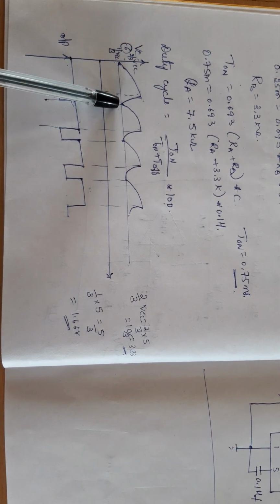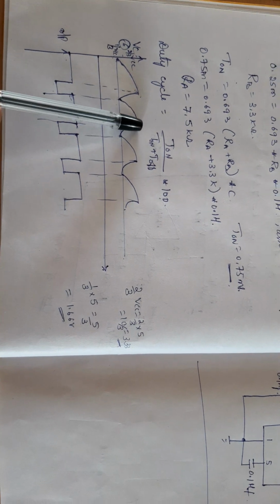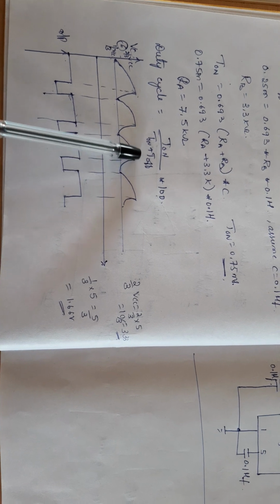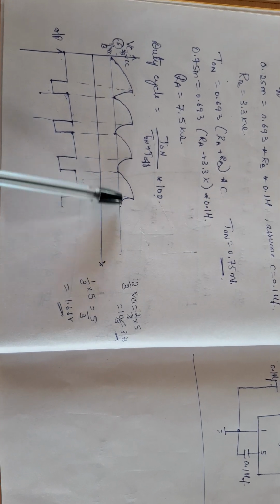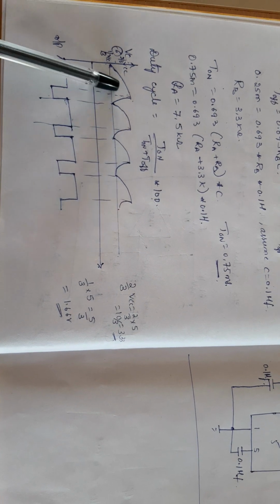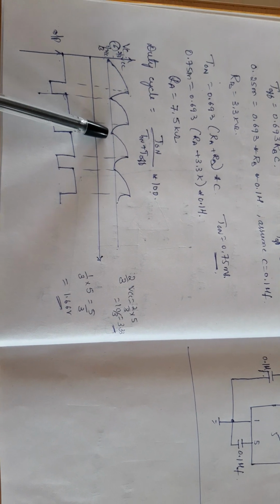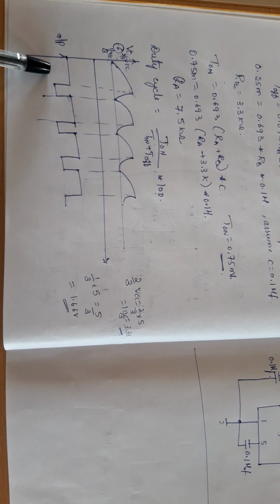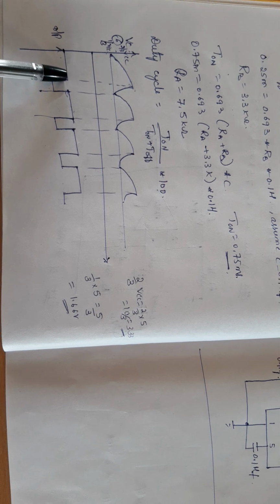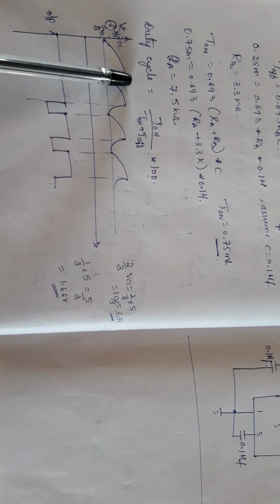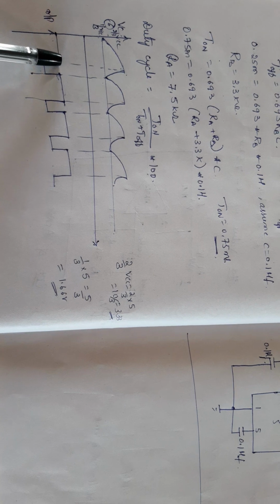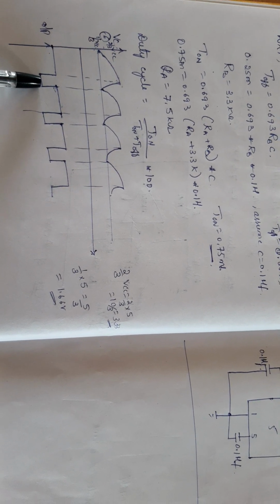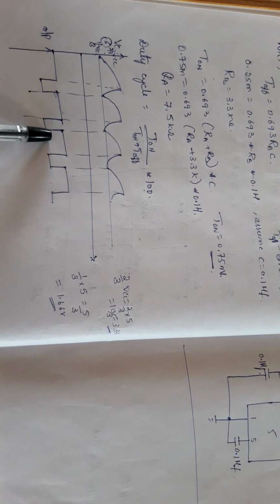The moment it comes to 1/3 of VCC, it again charges up to 2/3 of VCC, and again discharges to 1/3 of VCC, and again charges to 2/3 of VCC. So the process continuously goes on. That's why we name it an astable multivibrator, because it is not stable and continuously moves between 1/3 of VCC and 2/3 of VCC. If I observe the output at pin number 3, the charging time, from 1/3 of VCC to 2/3 of VCC, is the on time, that is 75% of the duty cycle, and the discharging time is the off cycle, that is 25%. Similarly the process continues.